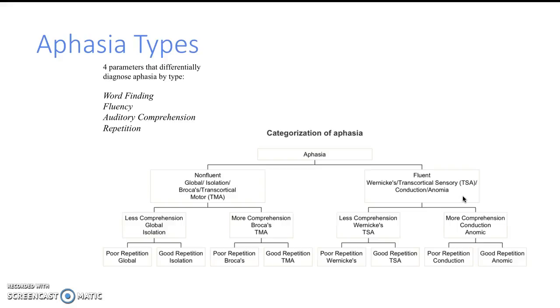If you use the Western Aphasia Battery, the scores on the Western Aphasia Battery can be used to help you classify people with cortical lesions. This classification system only applies to cortical aphasias. Those people who have subcortical aphasias should not be put into this category. So if the lesion site is subcortical, you would not put the person into this paradigm.